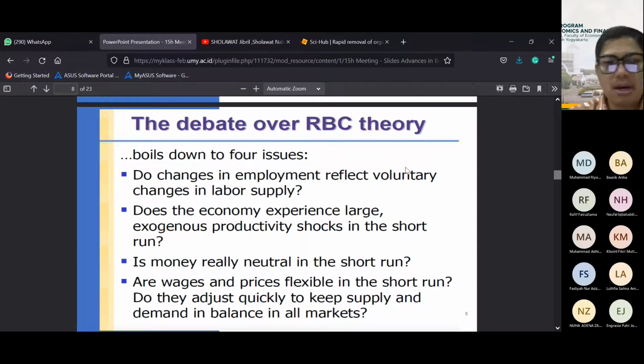Okay, so you see that the debate over the RBC, real business cycles, is related with the behavior of some selected macroeconomic variables. First, do changes in employment reflect voluntary changes in supply? It means, is the employment here voluntary, or is it forced, involuntary? Does the economy experience large exogenous productivity shocks in the short run? It means, do the exogenous shocks here give a large impact to the economy in the short run? Is money really neutral? Neutral means it doesn't have any